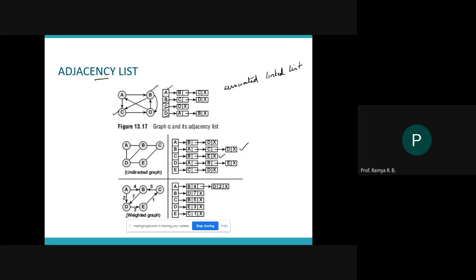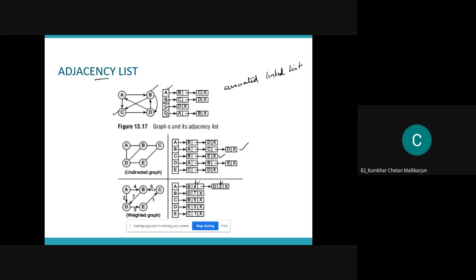This is a weighted graph. For a weighted graph, the adjacency list representation will also store the weight. So you can see, who are A's neighbors? A's neighbors are B and D. B and D you are obviously storing, and in the same node you are also storing the associated weight. So depending upon what type of graph it is, the adjacency list representation will also slightly vary. Are the two types of representation clear to everybody?